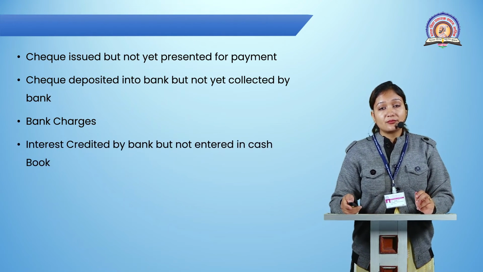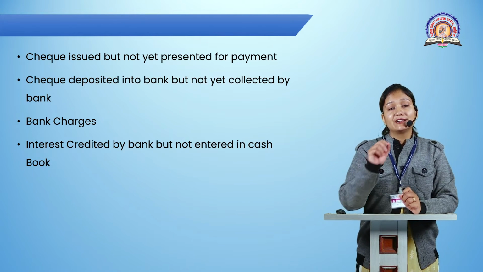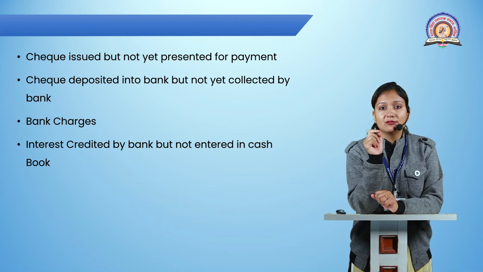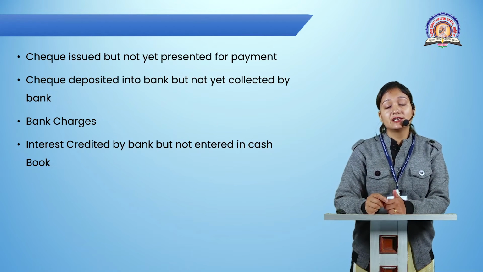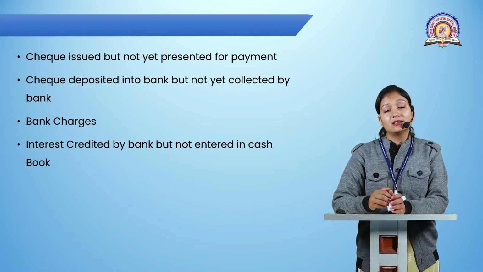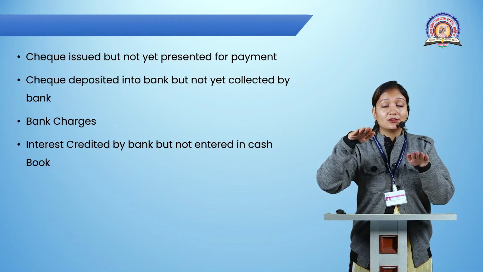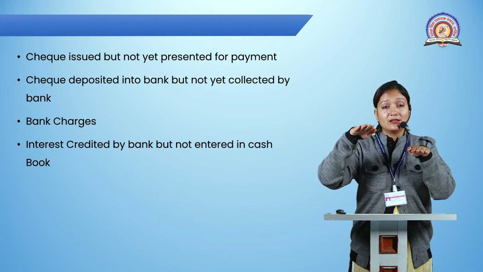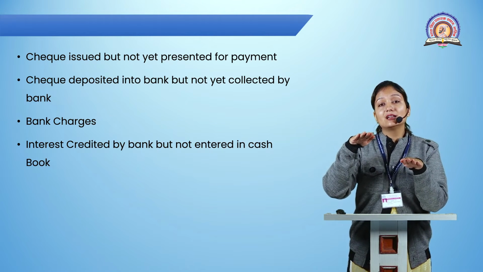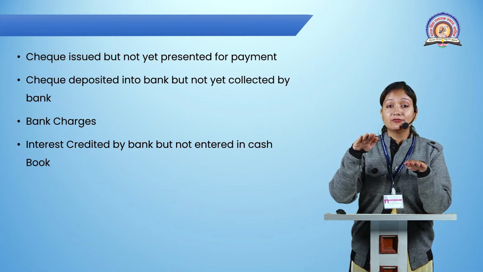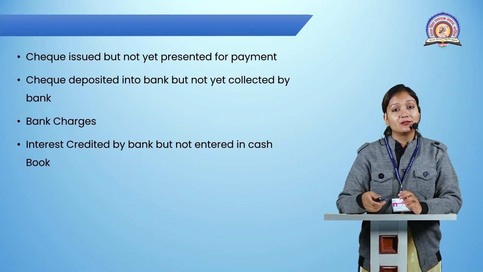Okay, now interest credited by bank but not entered in the cash book. Interest credited means what? It is some amount of income which is credited by the bank to our account. So when we are receiving a certain kind of interest, it means what? It is an income for us. So when the amount is credited by the bank, your passbook is going up, but you don't know about the interest. So your cash book will be at this position only. Whenever you get the information, then only will it go up. But right now you do not have any information. Only the bank has deposited the amount of interest. So this is the difference between cash book and passbook.